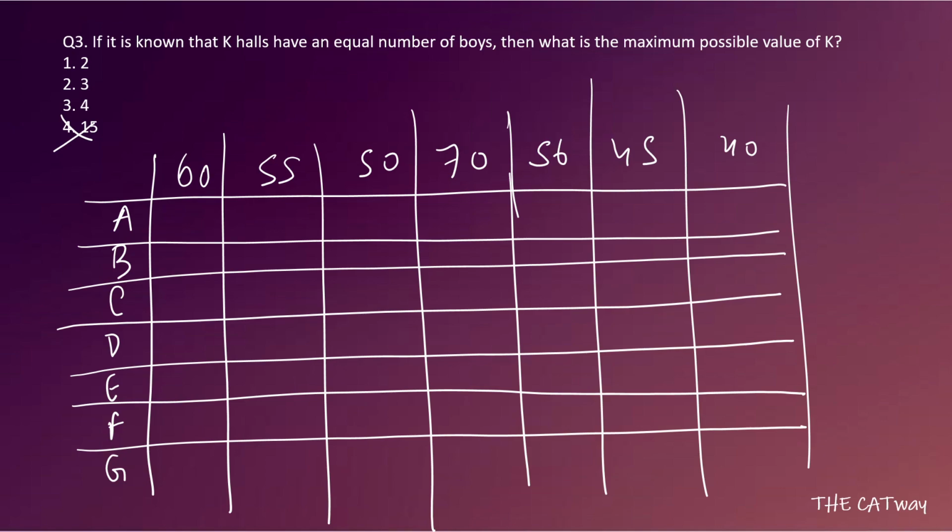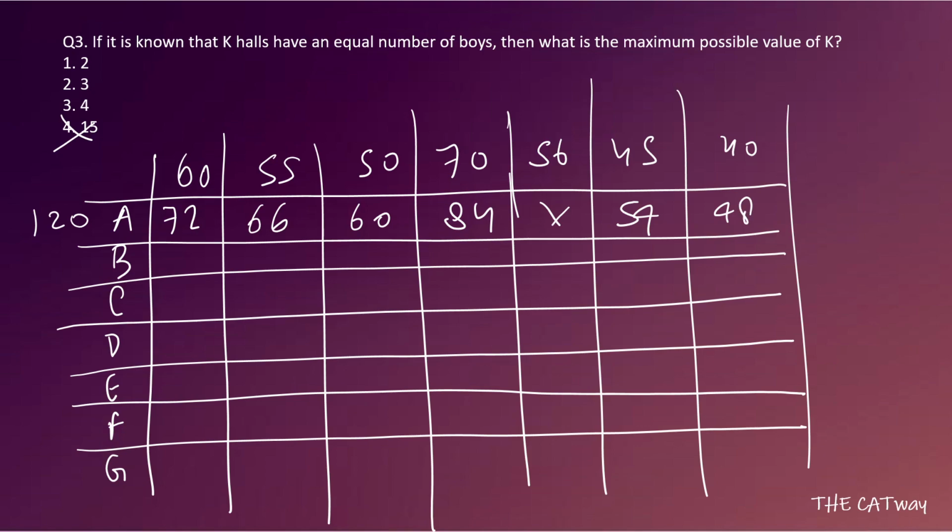Okay, so this is what we have now. We have 120, so let's calculate: 72, then we have 66, then 60, then 84, then 56 is not possible, 45% we have 54, and 40% is equal to 48.